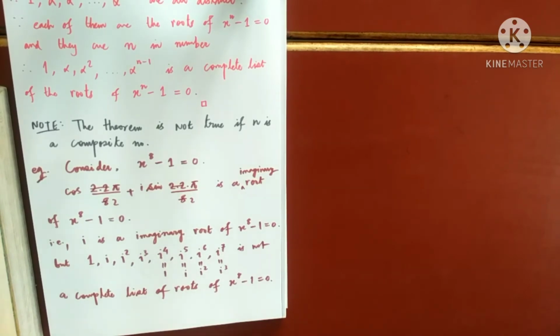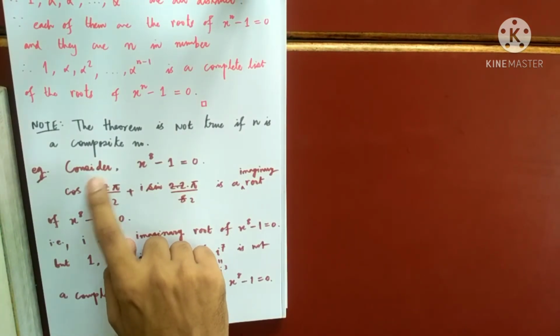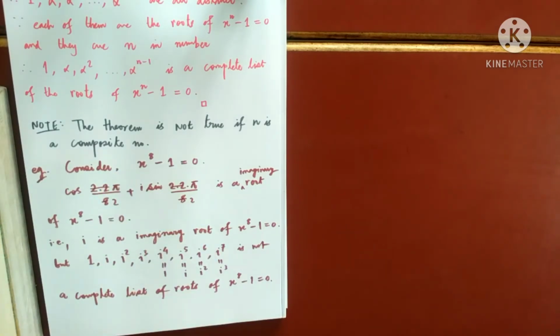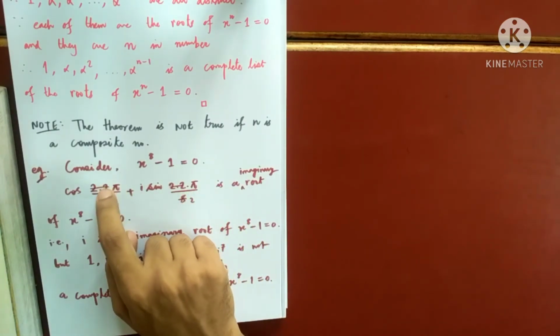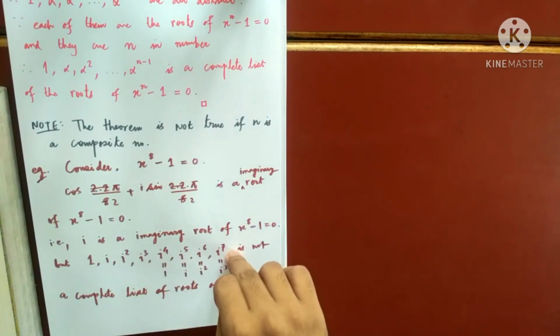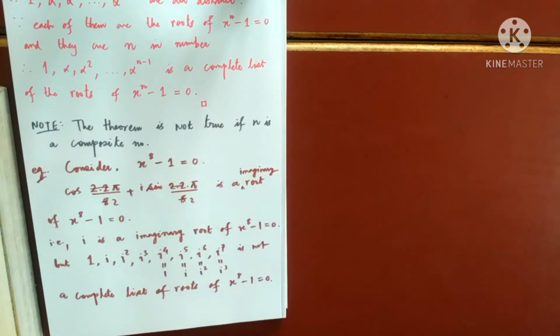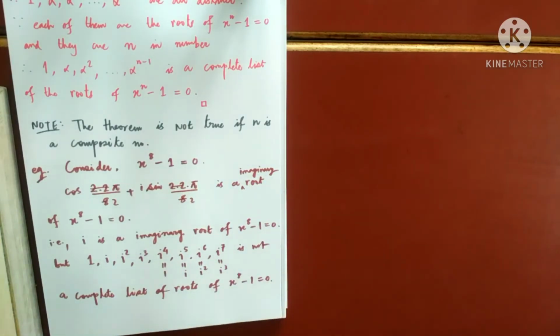Understood my point? Okay. However, if you had started with another root, suppose I had taken k as 3, then 2 3s are 6. Suppose I call that root beta, that means instead of taking 2 here, the value of k, I take a 3. Then we'll see that all the powers of beta give a complete list of roots of this equation. So there are some imaginary roots that give you a complete list of roots, and some which will not. The one that gives us the complete list of roots is called a special root.